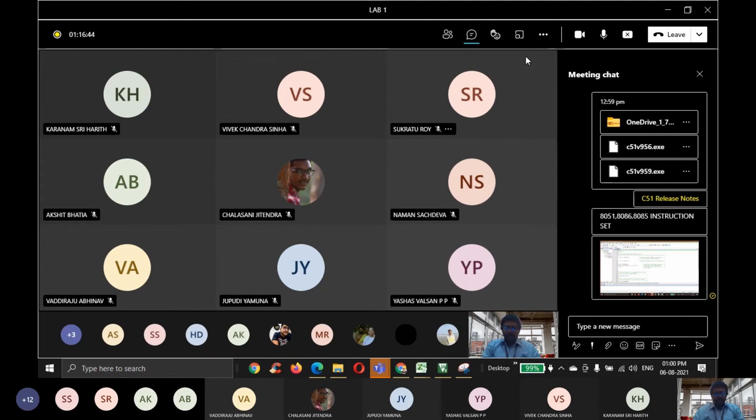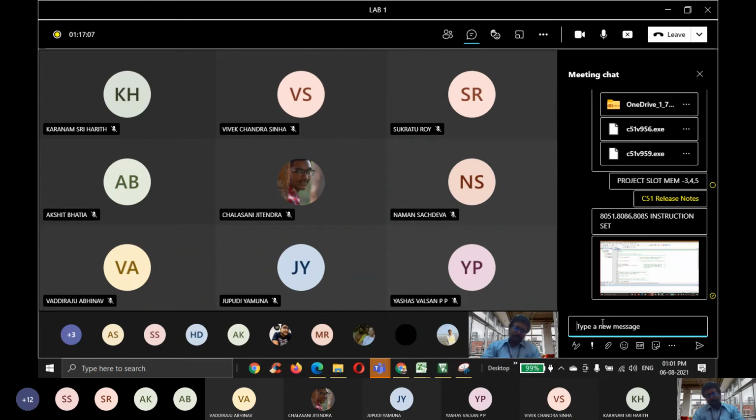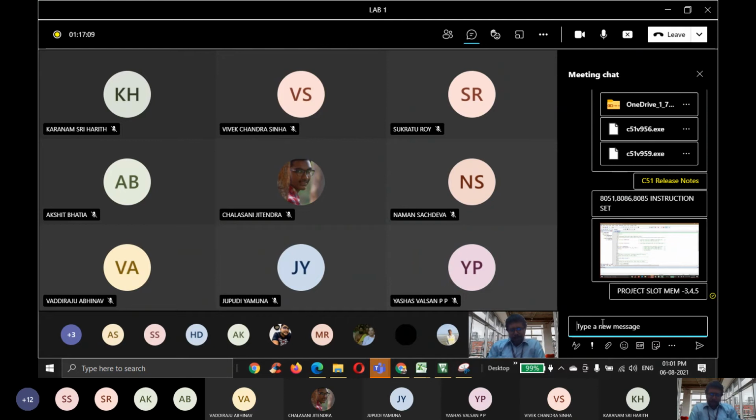The software is available in our team, E1, E2 slot, as well as in every slot. So if your friends ask, you can share within our slot members. And next class, you must have the project group. The project group must be within the slot members. You can select within 3 or 4 or 5 members in the group. You can frame and fix your titles.